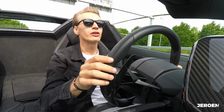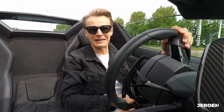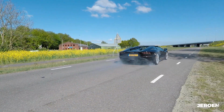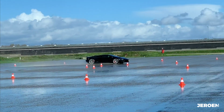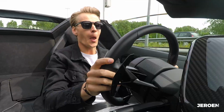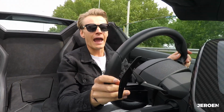Now, with the car being 2 years old, it was due to have its second annual service. Just before that, I already had the tires replaced because it turned out that I completely burned through the rear tires in those 16,000 kilometers. No idea how I did that. But anyway, it's got a brand new set of Lamborghini Aventador specifically developed Pirelli P Zeros,